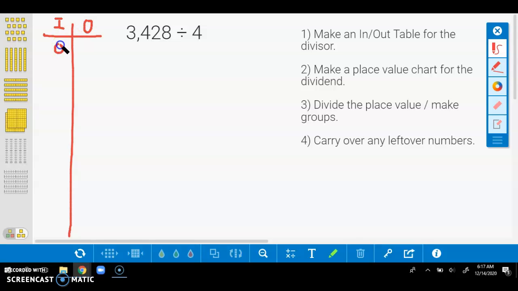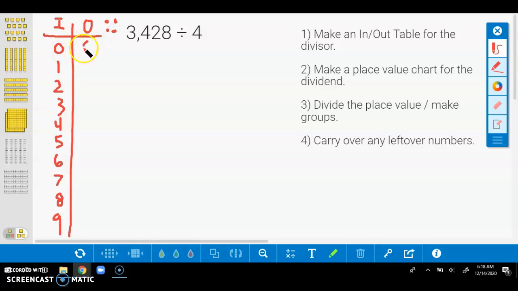Now you may have heard this said as a top-bottom chart, or just a multiplication table. But this allows us to quickly and easily see how many groups we can make out of a certain number. Okay. Now, if you're making this on your paper, sometimes it's even great to make a number of dots for the chart you're making. So since I'm making 4,